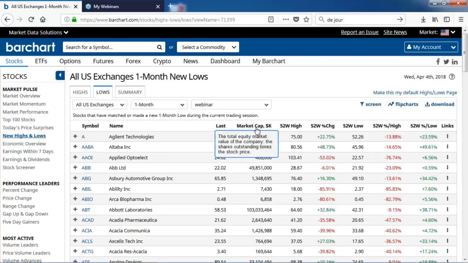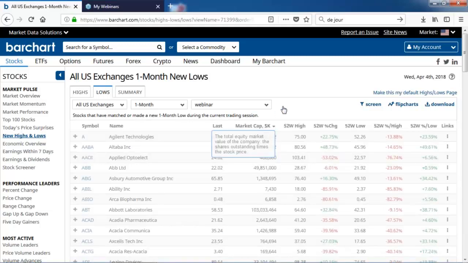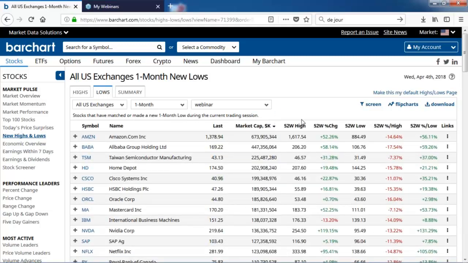So let me sort this by market cap and see who some of the bigger boys are. And let's look at how far we are off the lows. Let's see, Oracle's only 2% off the lows. So I might be looking at Oracle, myself personally, if I'm bullish on the overall macro market, and I am bullish, looking to find some of these stocks that have been down, and see if they can have maybe a rubber band snapback.